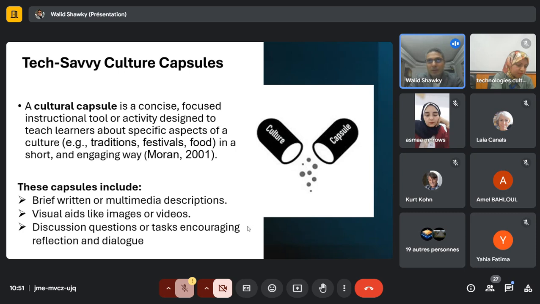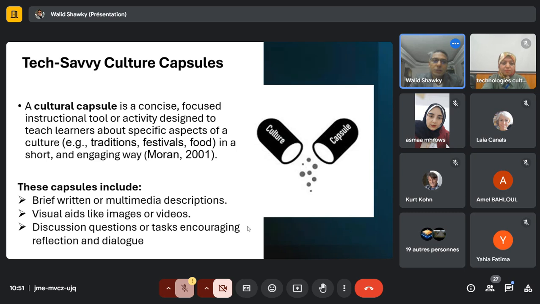Sometimes there are some inappropriate cultural photos or images that students may not be able to accept or may not like, especially if you are showing this in a Muslim country like Egypt, Oman, or Algeria. So the selection of the capsule, the selection of the authentic material is very important, and this heavily relies on the teacher's role in the classroom.